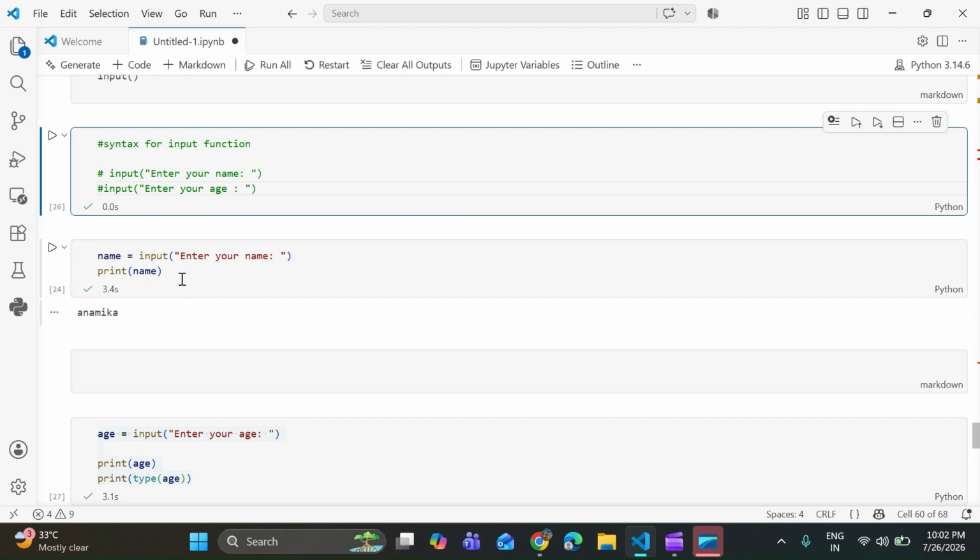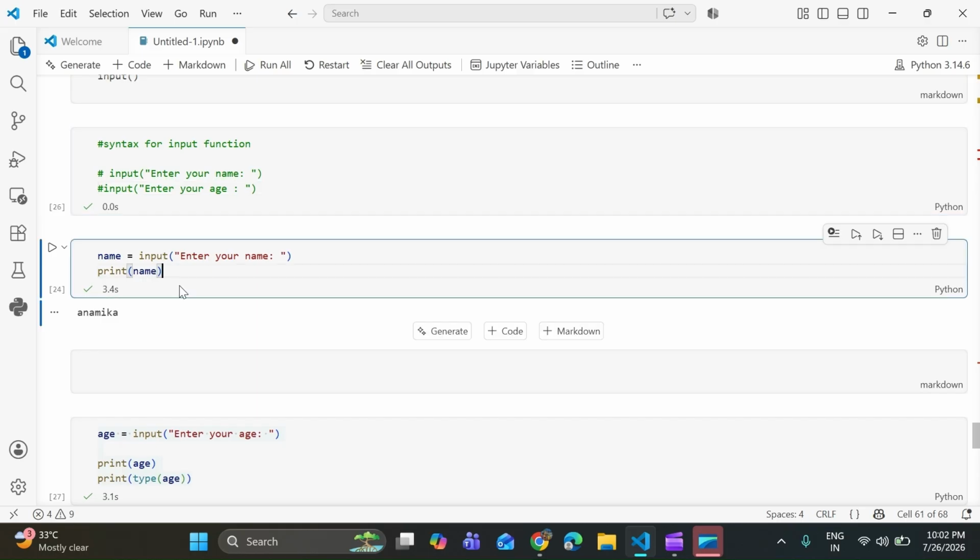I want the name from the user side. So I take a variable called name and assign the value to the name variable using the input function. Here, the input function takes the information from the user side. I don't need to give the information.